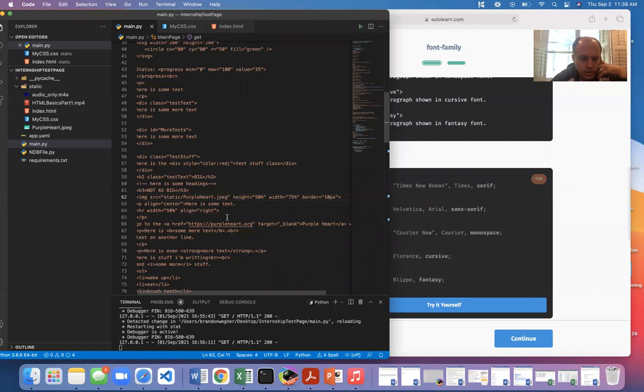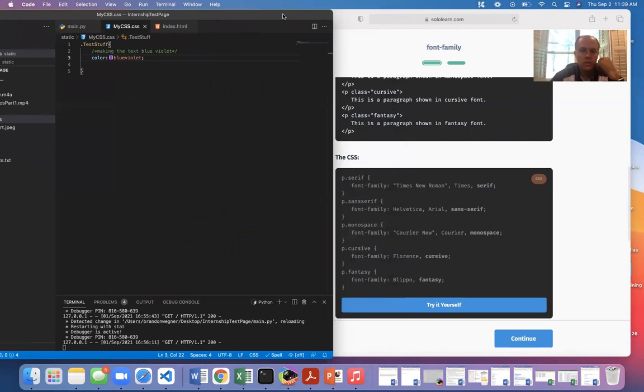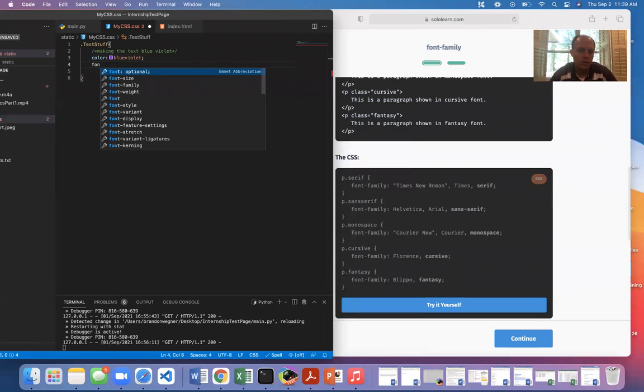Where's the test stuff? Right here. Here's the test stuff. So anything that we edit in this class is going to affect that section. So if we come down here and we do font family,